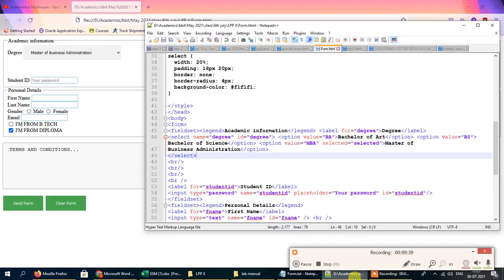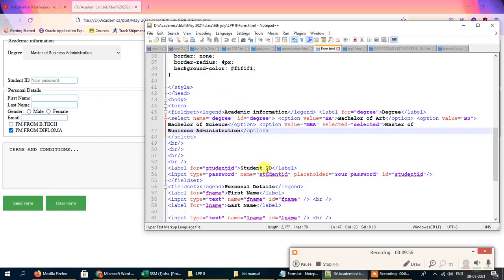So whenever you include a block of text inside the label field, on clicking on that particular label, the associated element, which is the text box in this case, will be selected. So inside the student ID field we've got a box. So it is not a standard text box, this is a password type box. That means when you type something in that box, it will not be displayed. Instead of the actual text, some asterisks will be displayed.